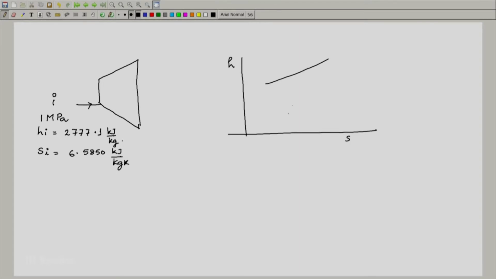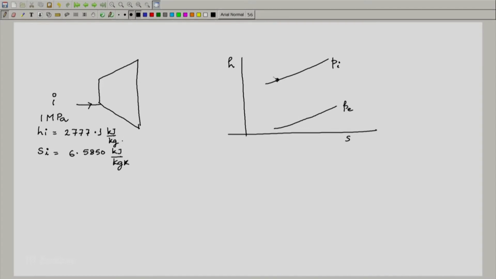its saturated dry state. So, now let us draw the HS diagram just to have a feel of what is happening. This is Pi and this is Pe. So, we can draw the inlet state and the so called exit state, which is ideal. So, once we get the exit ideal state, let us see how we will use the isentropic efficiency. So, this is I, and this straight down with the same entropy is E star as per our nomenclature.